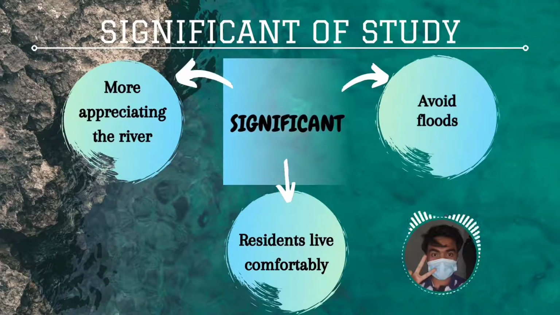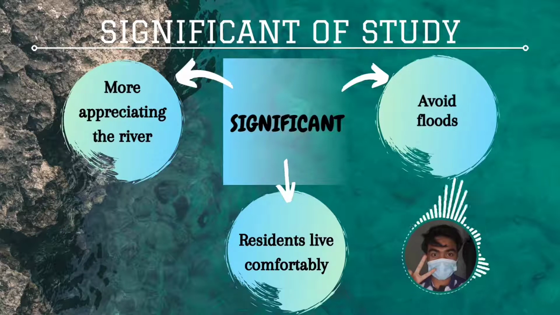The significance of our study is: firstly, we will love nature more and care about the river. For example, we can learn more about the river, and as a result, we can manage to use it well. We can do a lot of activities with the river. We can transform it from just a river into a water source for plants, for watering plants. People can also swim there, but all we have to do is ensure and care for the river to be clean all the time.